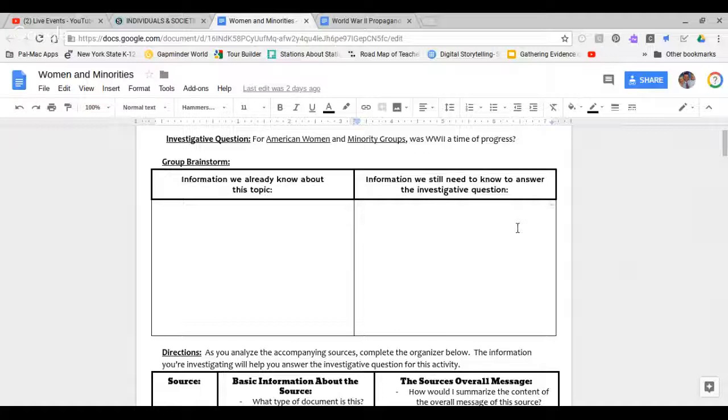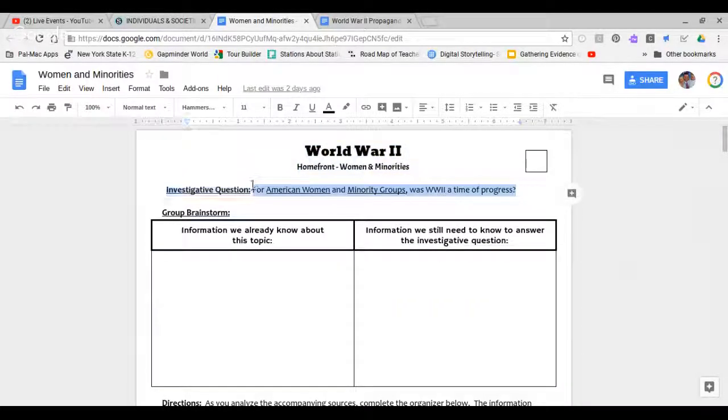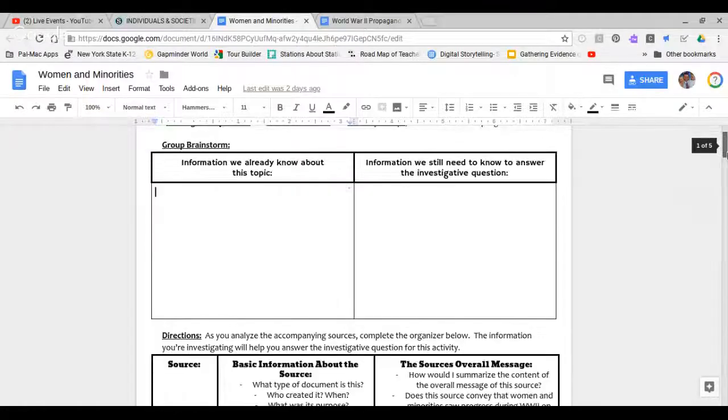All right, so I'm going to review one more time. You're going to be given 3 to 4 minutes, 5 or more if necessary, to answer these 2 parts. I'm highlighting them: information we already know about the topic, and information we still need to know to answer the investigative question. Again, the question is right up here. This should not involve notes. You don't need notes to do this. Just use your brains. What do we already know? All right, so that's what we're working on. For the substitute, please make sure that you go over this with the group once they're all finished working, and then they can move on. Go ahead and go over that, give them time to work, go over it, and then come on back.